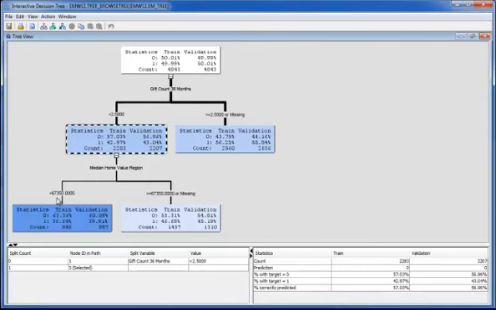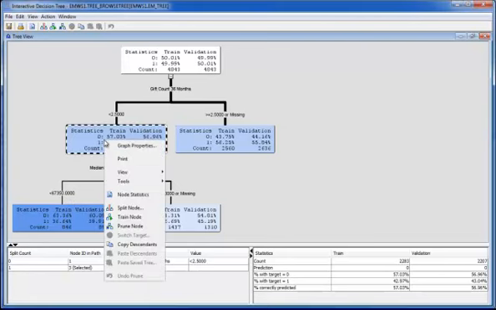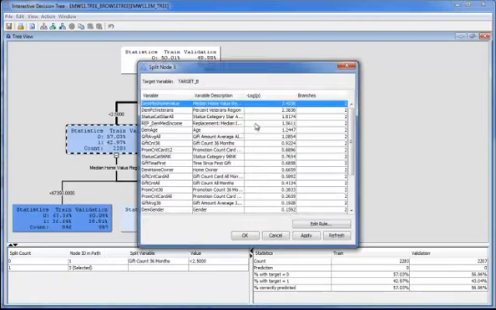This is less than $67,350 worth. If the home worth is greater than or equal to 67,350, you go right. But one question that might come to your mind is, why 67,350? Why not just round it up to 70,000? You can do that if you right click here again, go to split node and select median home value,